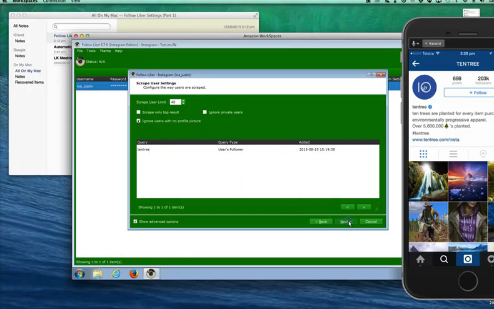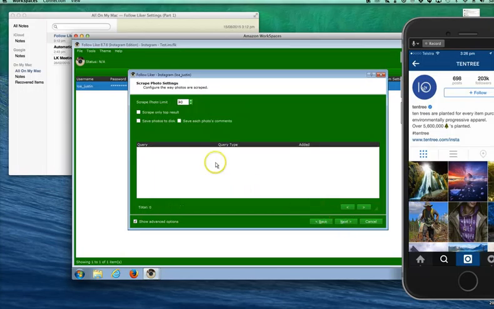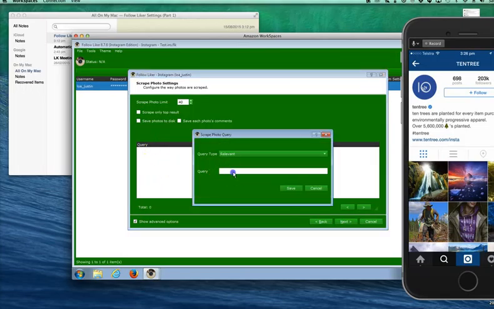So next up is where we put hashtags. We can leave all the settings here, right click, new. We can put a hashtag here. Again, there's a few different query types. Just relevant. What relevant does, it will actually tackle